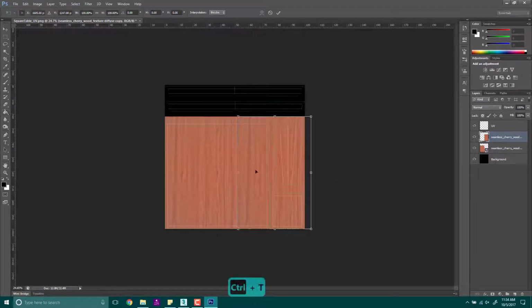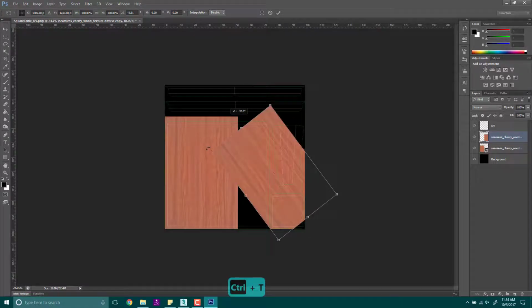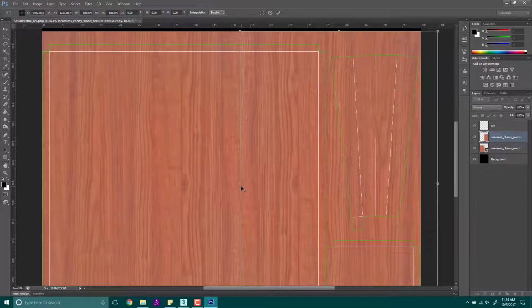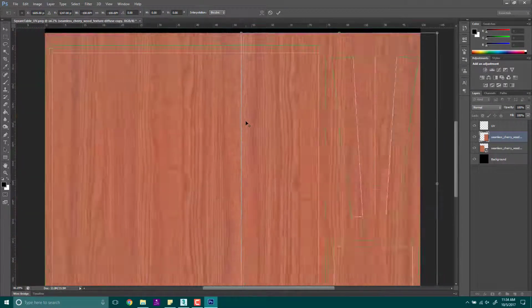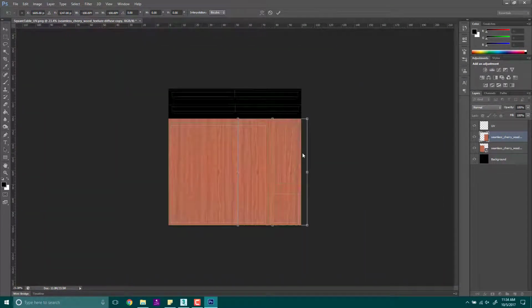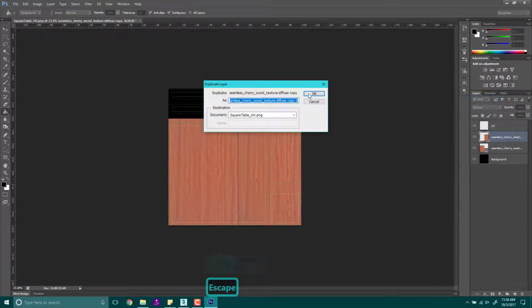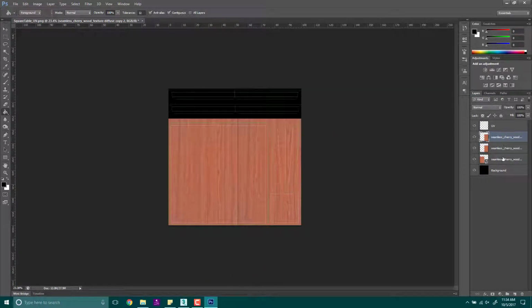Control T. Let me see if I rotate it, see if it looks better. Not really. I guess it's okay. I don't know. Actually, I'm not a fan. They said it would be seamless, but it doesn't look seamless. Instead of trying to mess with it,